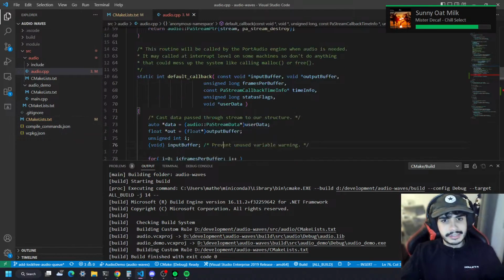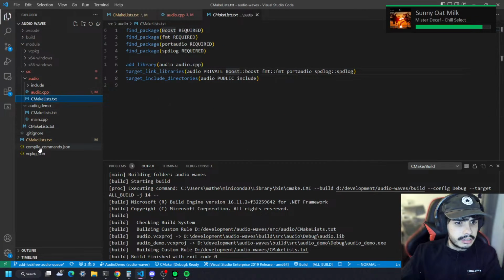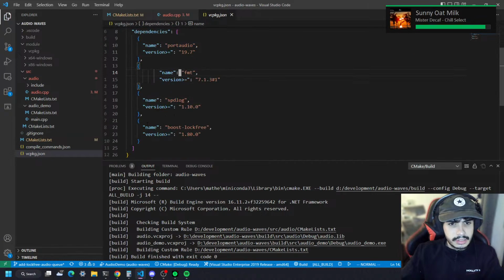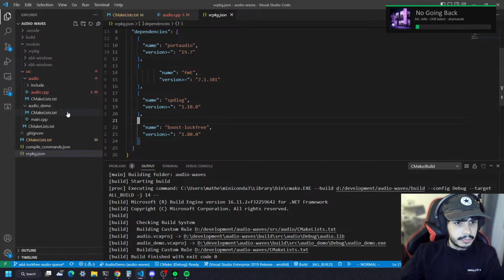So let's try it. So what did I do here actually? Essentially I modified my vcpkg package.json to include the Boost Lockfree module. And again, that's a particular submodule of the entire Boost ecosystem that contains all the lock-free structures and all the dependencies of that module. So we included that in here, which did cause the compile times to go up a little bit,